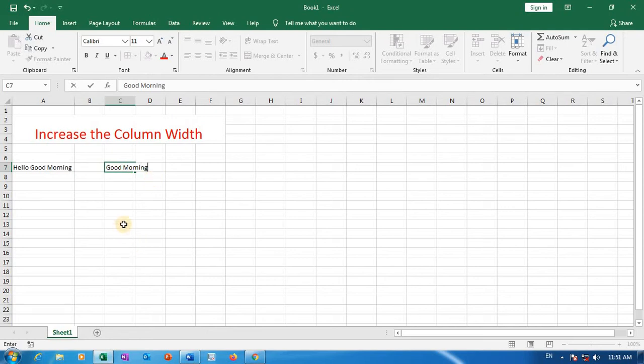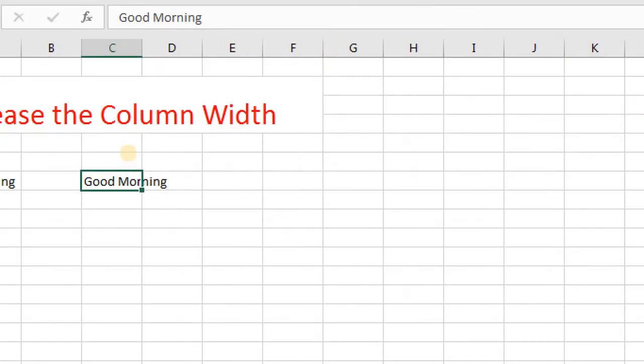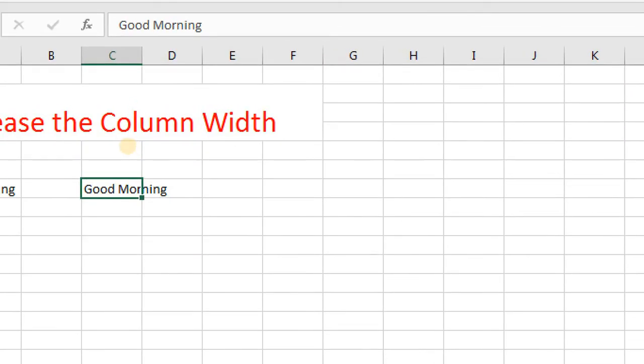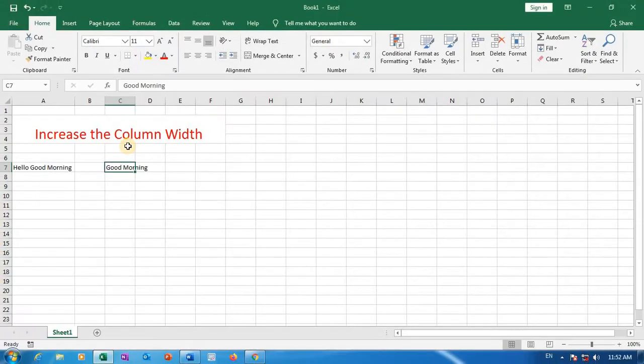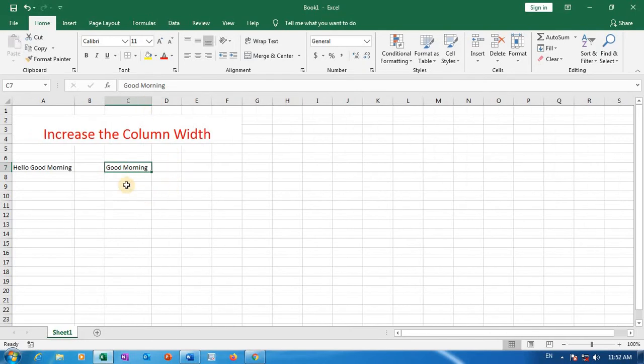I entered the text like this. It also occupies two cells, but it has to be in one cell. In that case, no need to double click, just put the cursor here and drag with the mouse how much we want. Immediately the column width is increased.